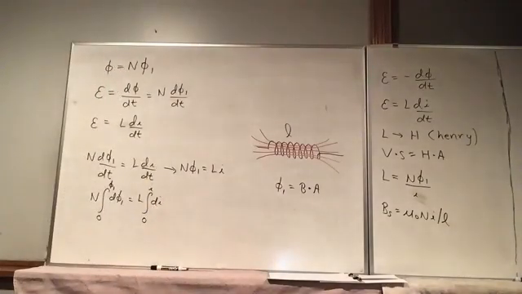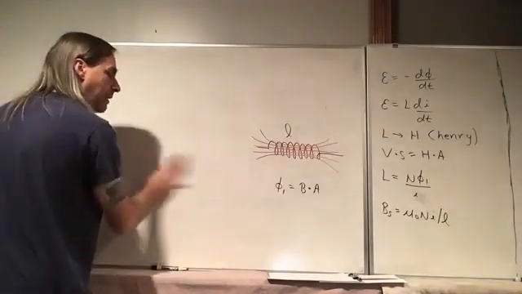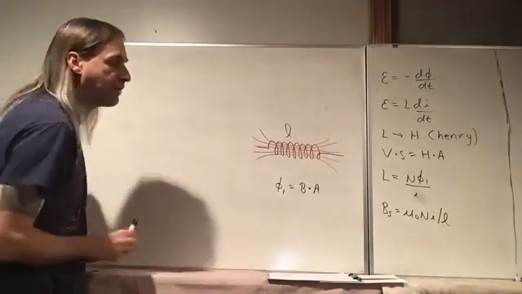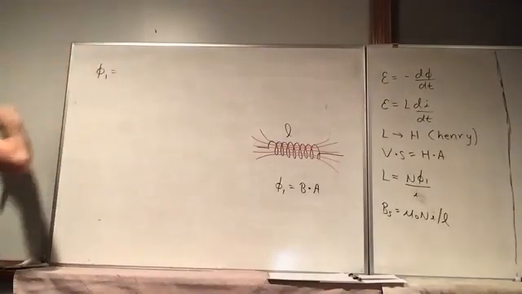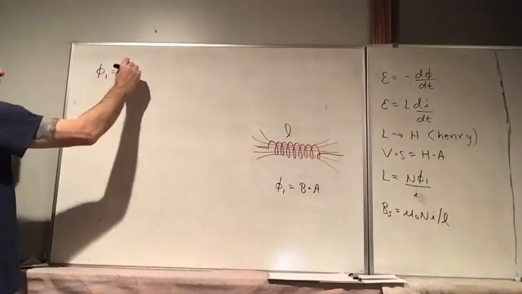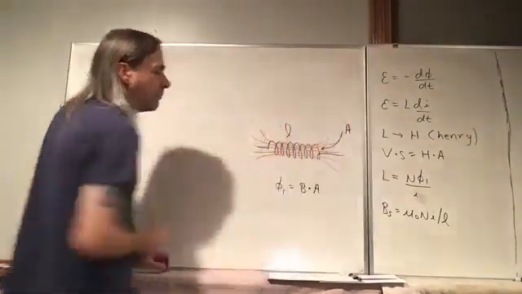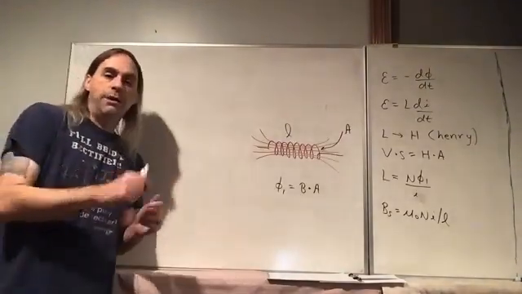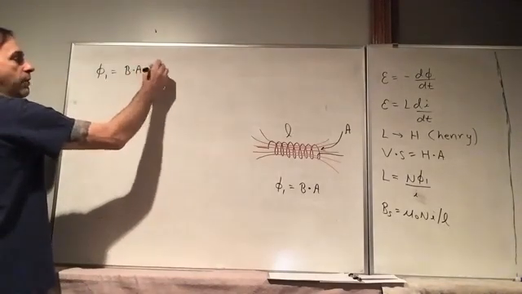Okay. So I think we have everything we need. I'm going to erase all of this. Let's actually calculate the inductance. So we just have to put things together. Let's start with phi 1. That's a flux through a single coil, which is a magnetic field times the area. So the area is this cross-section area. So if you picture you have like a cylinder and you wrap your wire around it, then A would just be that cross-section of the cylinder. And if we plug in the magnetic field for a solenoid,